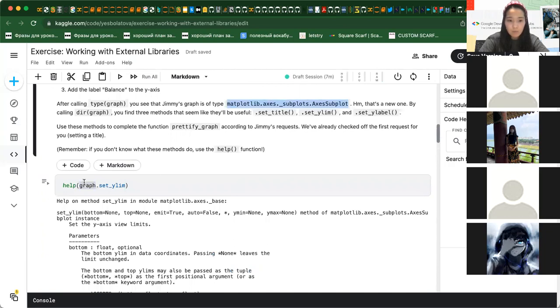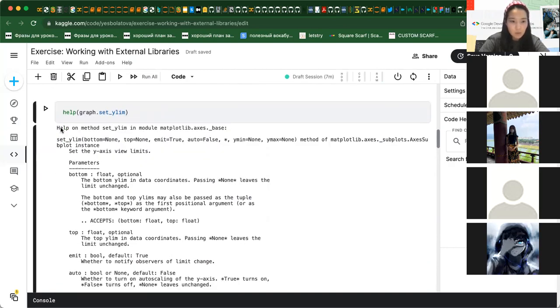And I should specify the type and then the method, right? So I could maybe also paste this one here, but I'm not sure. Let's read. So this is the set ylim method that can potentially